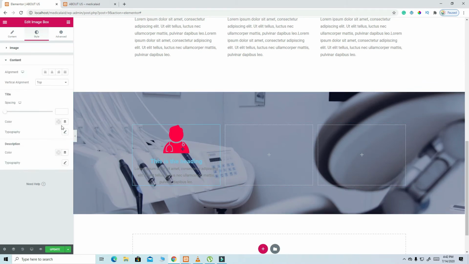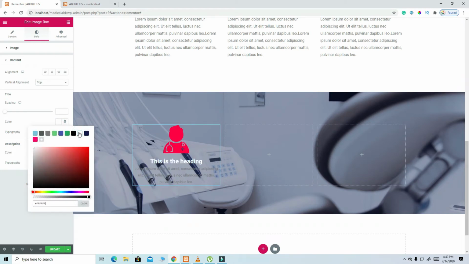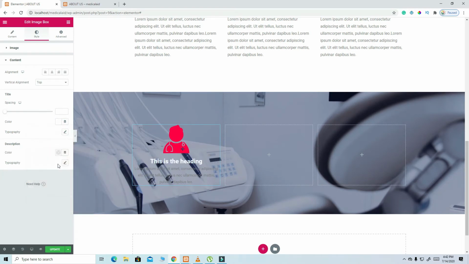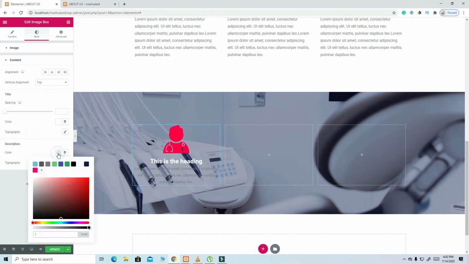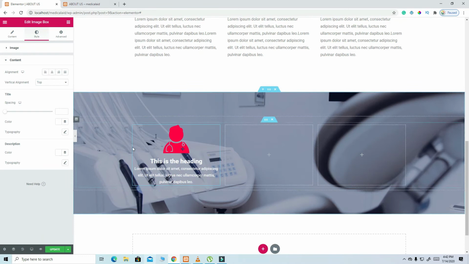The content, the color should be white. Okay, and then description, we need also white like that. Then once we have made this one like this, the next thing I need to do is just click on this part, and then we will click on the image,